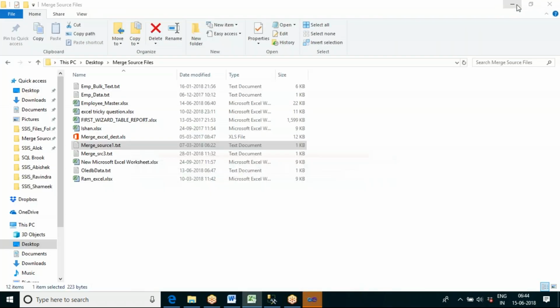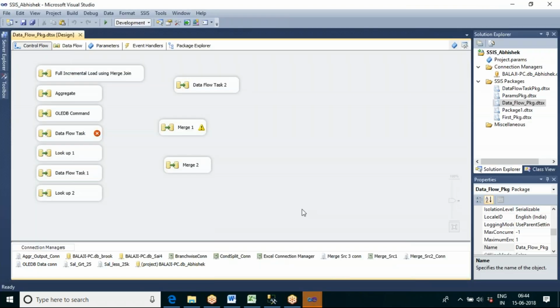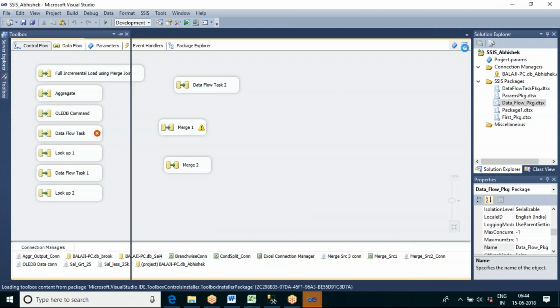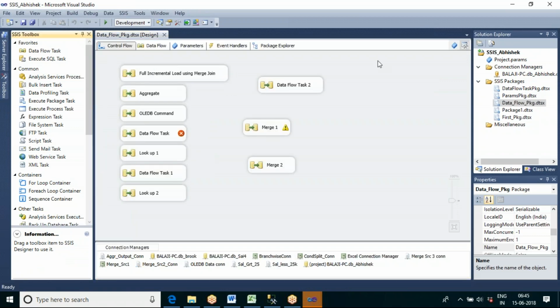Now let us go for merge join. Let us take one more data flow task. Sometimes the SSIS toolbox does not appear in the side menu, so you can click on this icon.